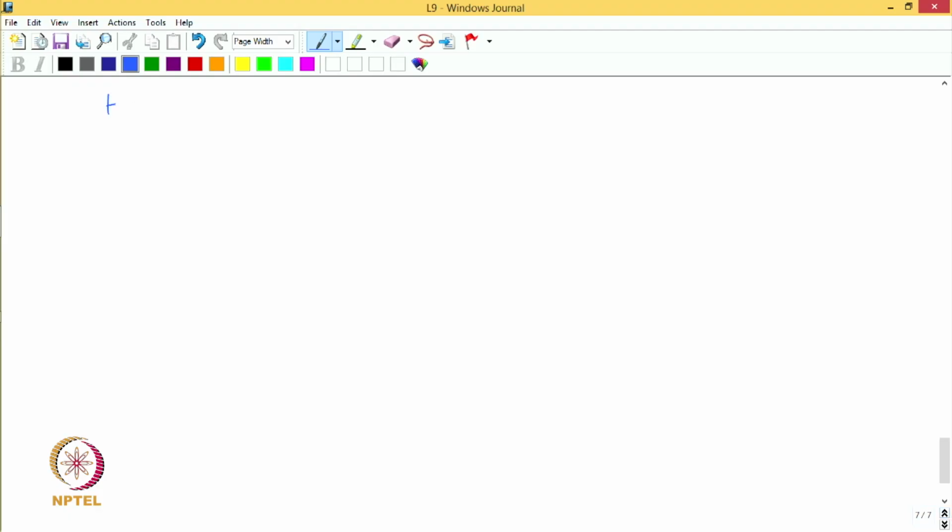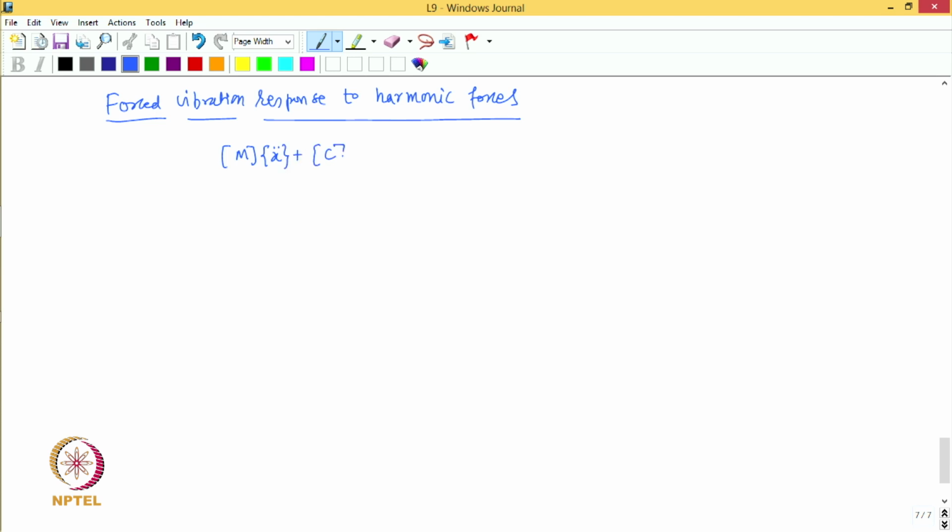So, the equation of motion now will have a non-zero right hand side vector, which defines the force vector, and the equation of motion will be of this form: m x double dot plus c x dot plus k x is equal to f of t. And if you assume harmonic forces,